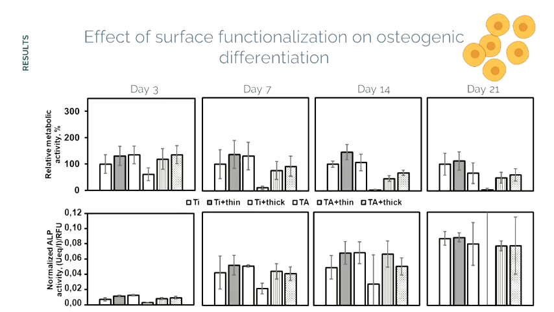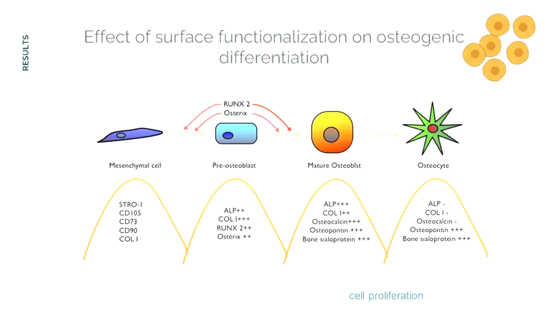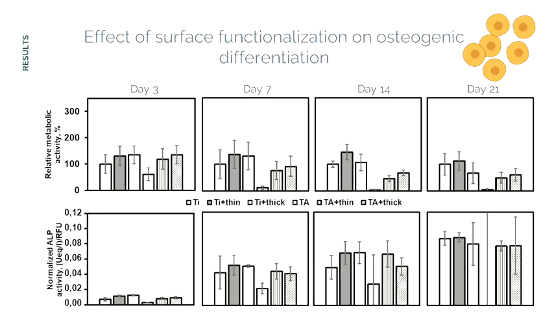Then I showed you only one result for the markers. It's ALP, alkaline phosphatase. This is an enzyme that is produced already by preosteoblasts, then by osteoblasts, and then it's not produced by osteocytes. So it's a marker of the early differentiation process. And what you can clearly see is that at day 3, we had almost nothing, and the production of ALP increases over time. And after 21 days,